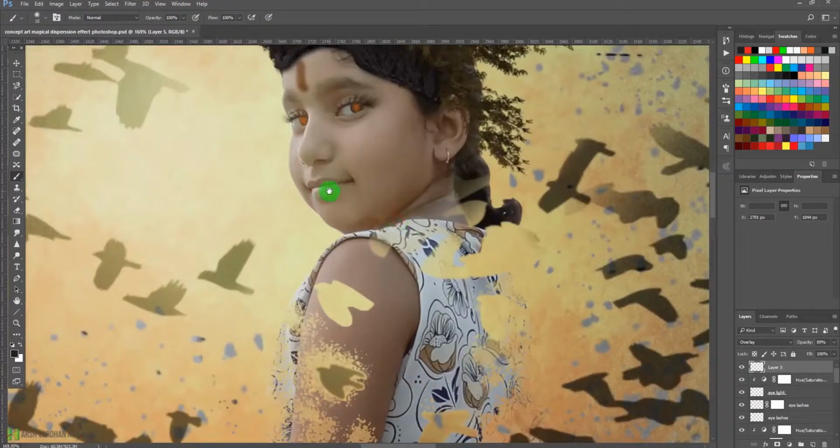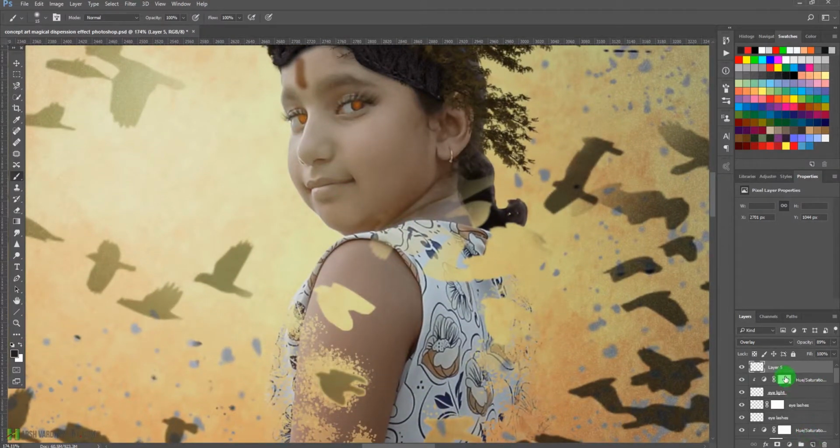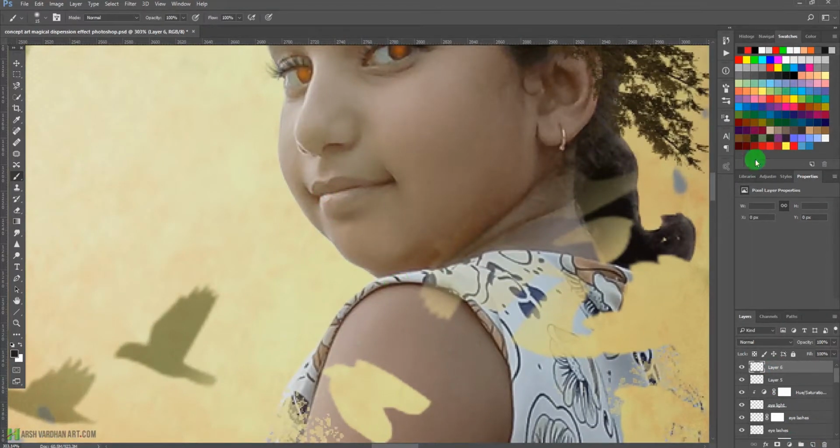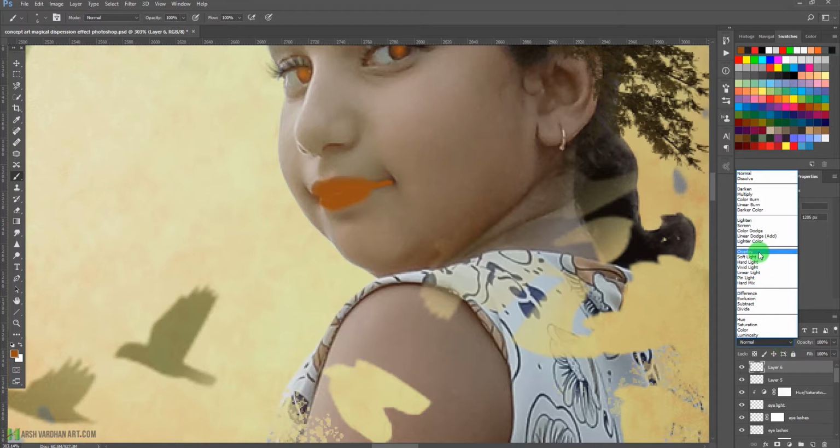And let's color her lips as well. So we'll create one new layer, and we'll choose I think this same color. Let's take this color and paint here on her lips. And you have to be careful while painting colors on the lips, and change its layer blend mode to, let's say, overlay